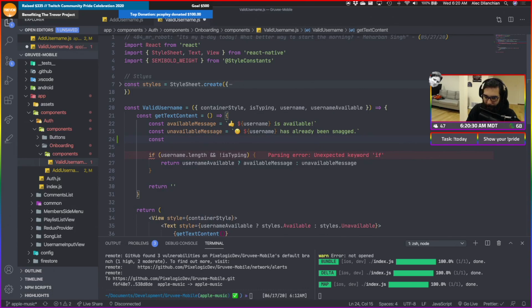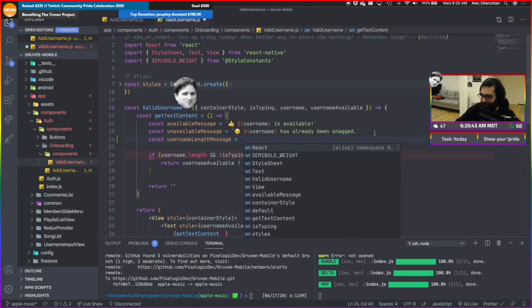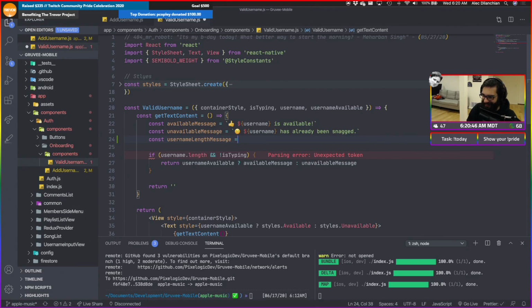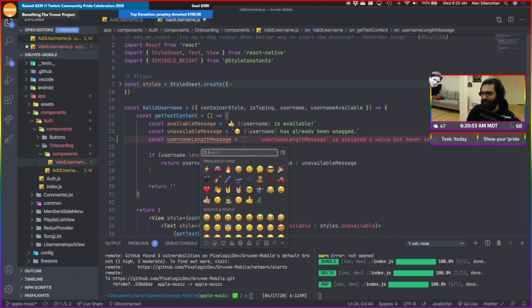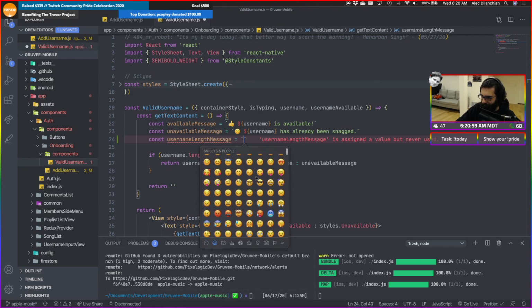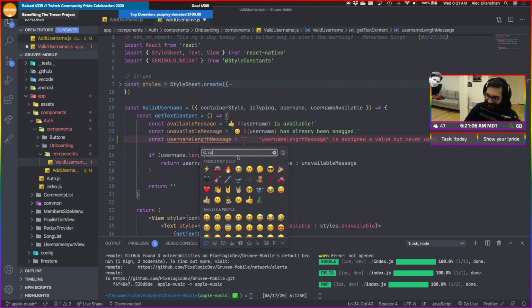So we just need to add a messaging here to say username length message. What should we do for this? What emoji can we put? I guess is the real question. It's all about the emoji. This is a big deal. Is there a ruler? Oh, that would be a good one. Yeah, I think there is.